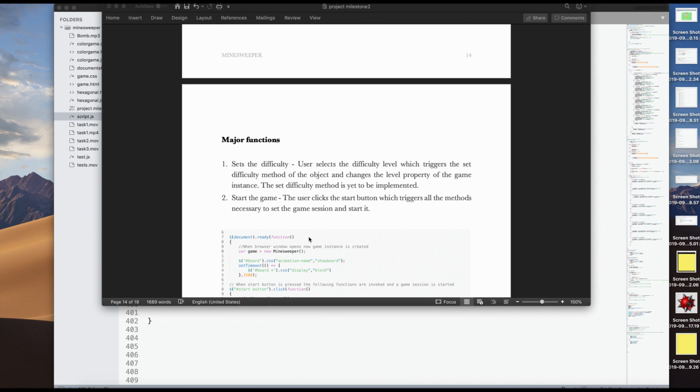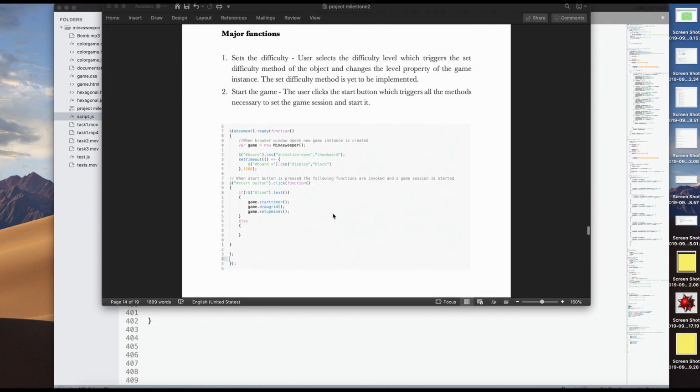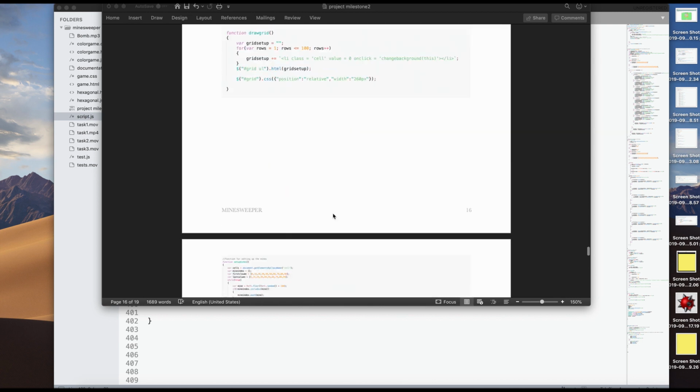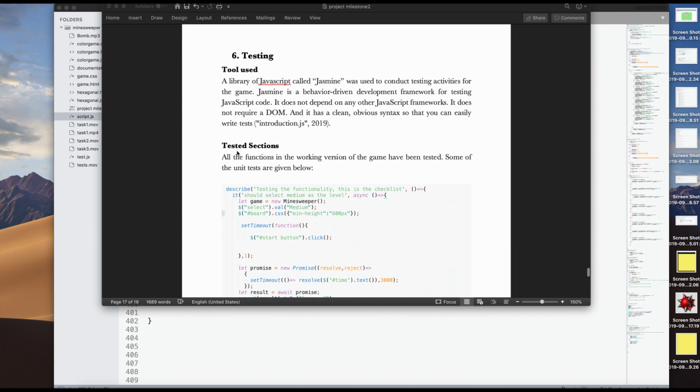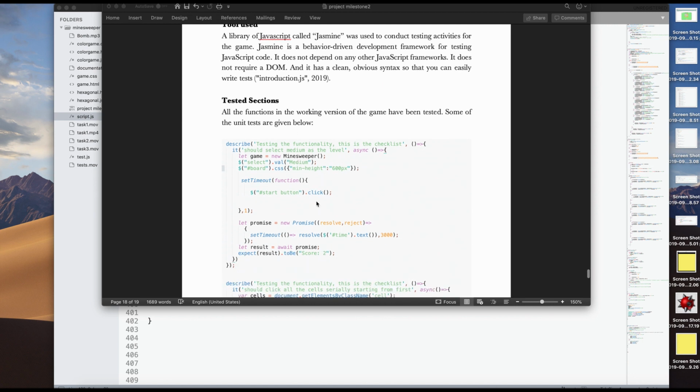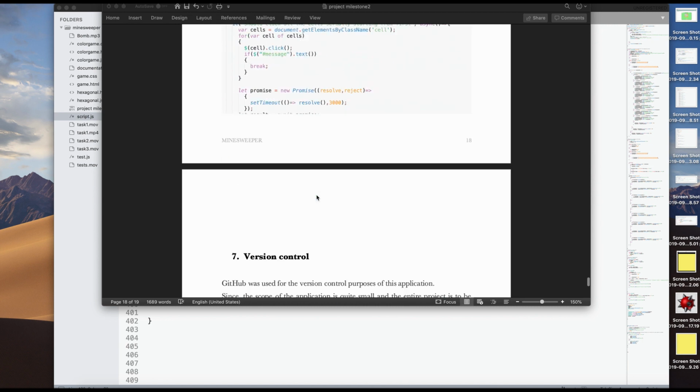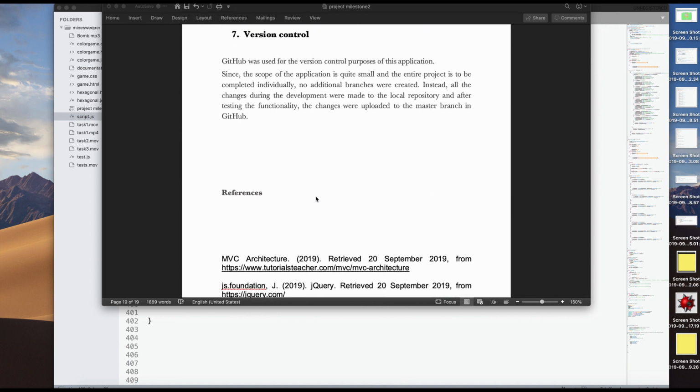And then the major functions that are given in the source code have also been explained a little bit in the documentation. And then there is a testing part, which is already demonstrated in the testing section of the video. The library called Jasmine has been used for testing the functions, and all the sections or all the functions of the game are tested using the same framework, and a few screenshots have been provided to examine. That's pretty much it for the documentation part of the entire